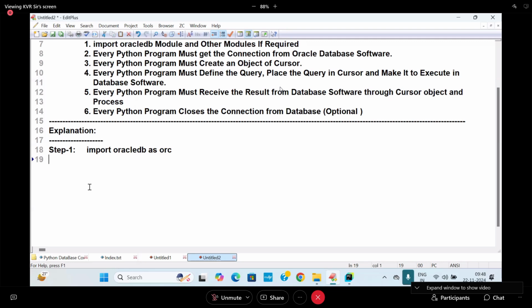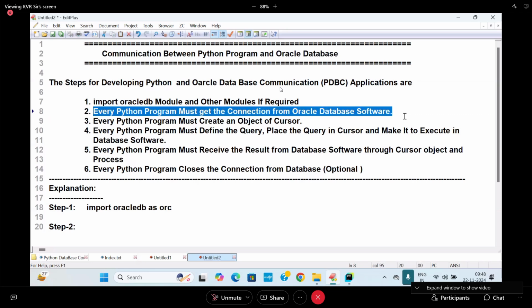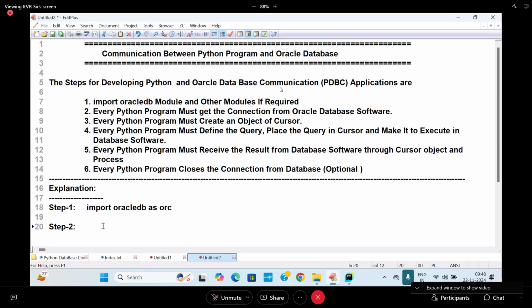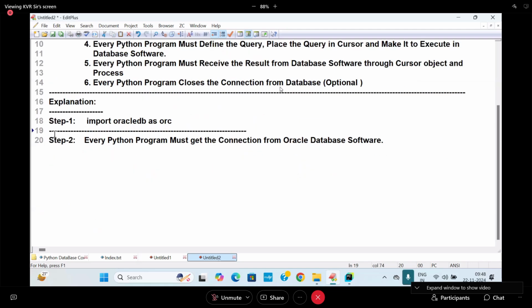Now come to step number two. Step number two, I want to tell you. Sir, what is step number two, sir? There is a very dangerous statement, but it will take ample time. Let me explain. Every Python program must get the connection. How to get the connection, sir? After importing that, you need to go for connection establishment. What to do for that, sir? To get the connection,